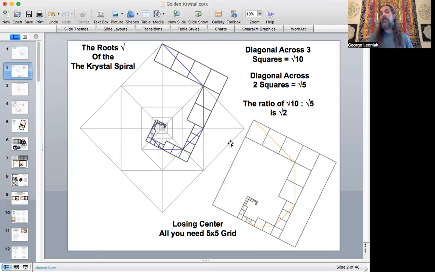We're still going to get these sacred proportions, but you don't really need the compass at all to set up this design. So you're just going to hopscotch around here on the grid and work around, but you also lose where your center is, which is nicely defined here. Okay, so